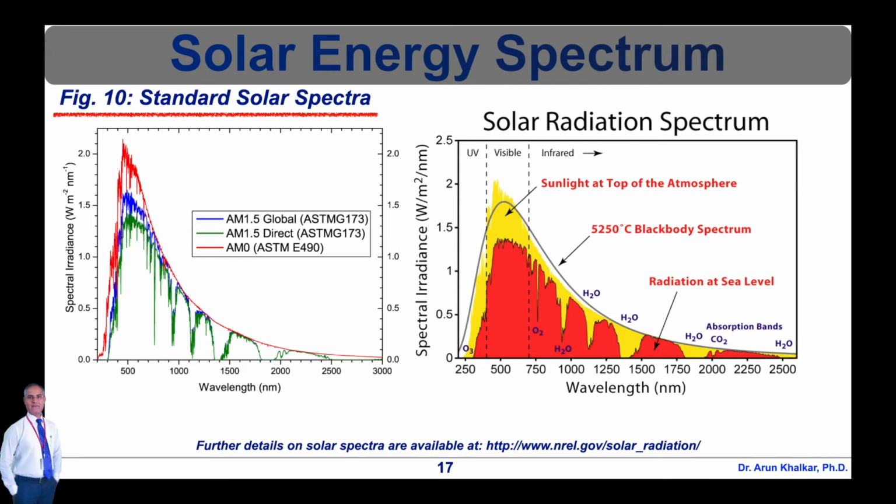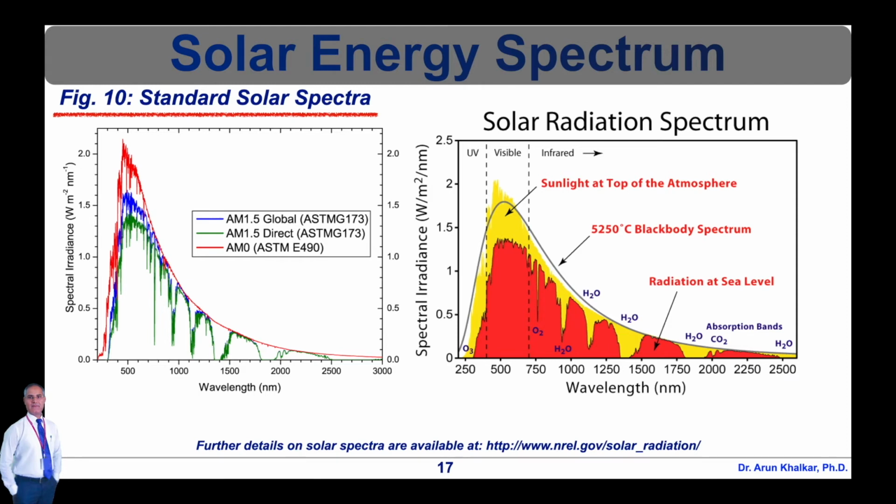The air mass 1.5 direct spectrum is defined for solar concentrator work. It includes the direct beam from the sun plus the circumsolar component in a disk 2.5 degrees around the sun. The direct plus circumsolar spectrum has an integrated power density of 900 watt per meter square. SMARTS, that is the simple model of the atmospheric radiative transfer of sunshine program, is used to generate the standard spectra and can also be used to generate other spectra as required.